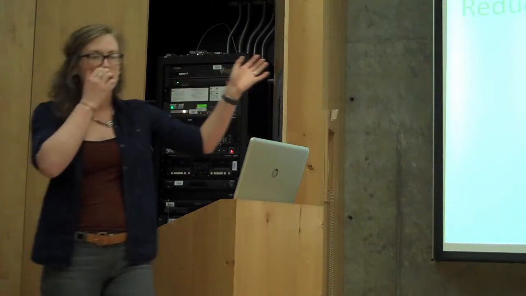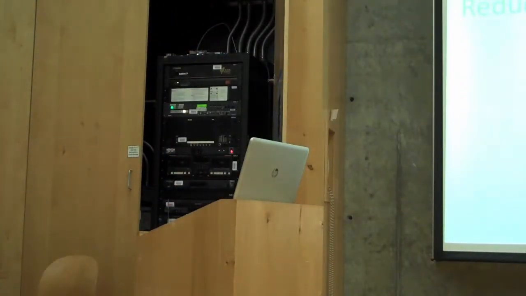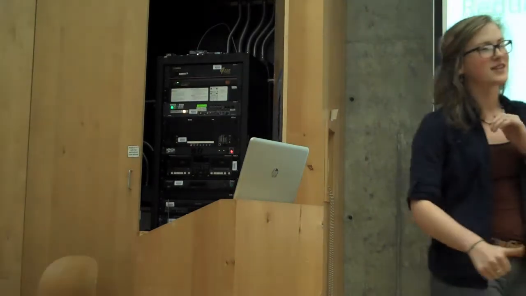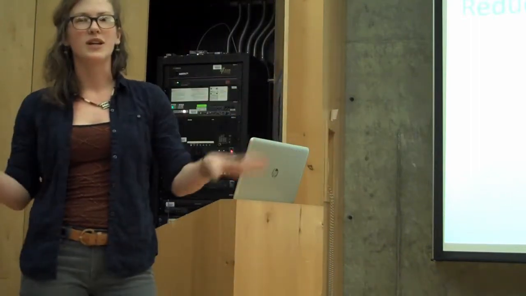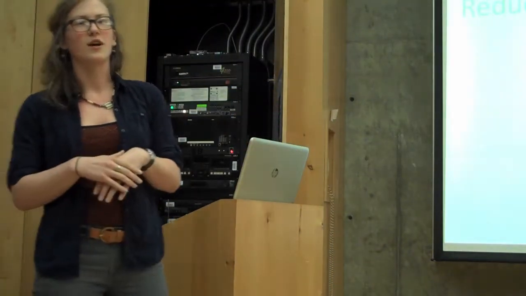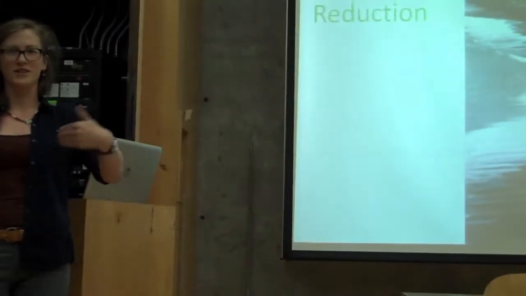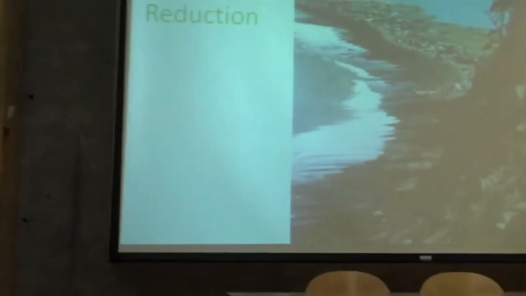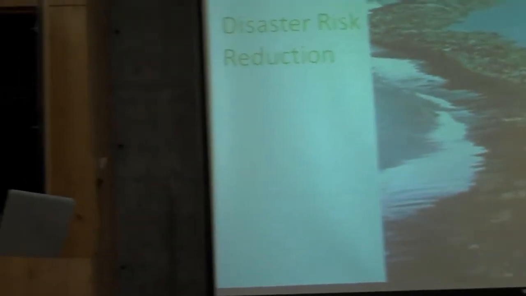Disaster risk reduction. This encompasses storms, wildfires, drought, landslides, mudslides, earthquakes, tsunamis, pretty much anything that could be catastrophic to the human environment. Ecosystem services are by and large anthropocentric because we are the ones doing the valuing. It's not the best system philosophically, but it's the best for communicating with other humans.